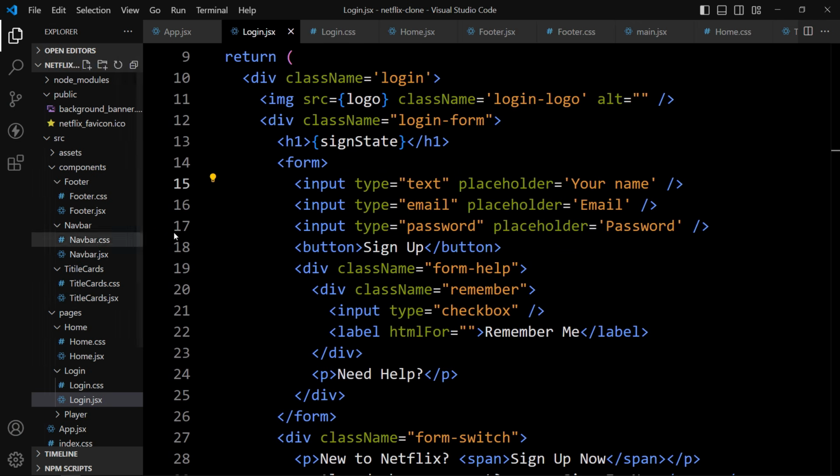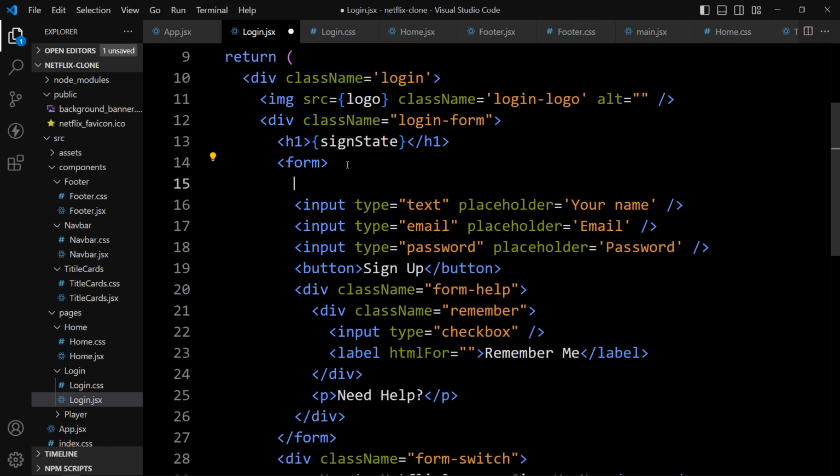So here we'll add the curly braces, and it will check the sign state is equal to, and if the sign state is sign up, right? So in that case, it should display this input field.